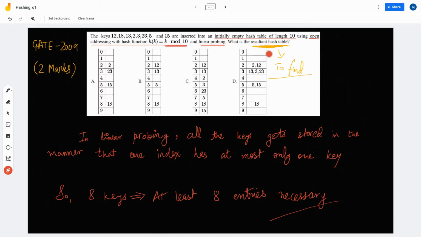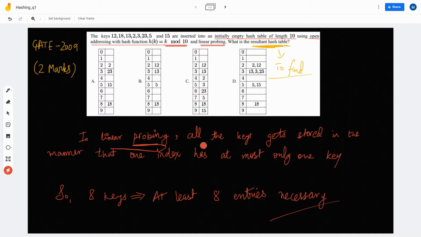Now before going into the lengthy solution, I will first give you a shortcut to solve this question in around 30 seconds, or even 10 seconds, you just have to see the thing. If you already know linear probing, then it will take you around 10 seconds to figure it out. The answer is very simple guys. So here I've written some points.